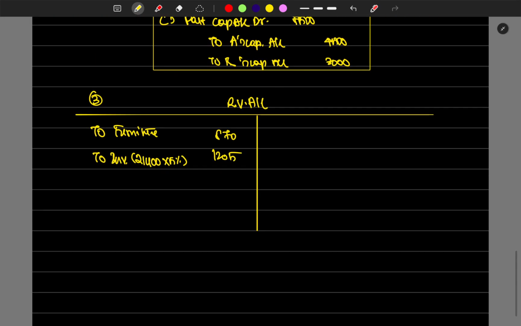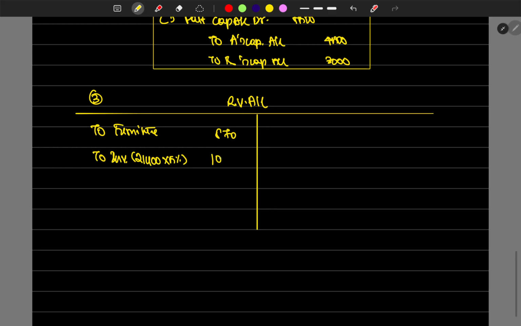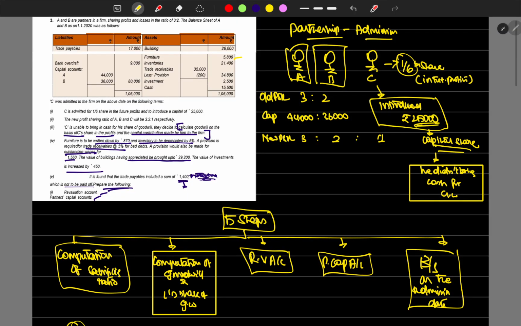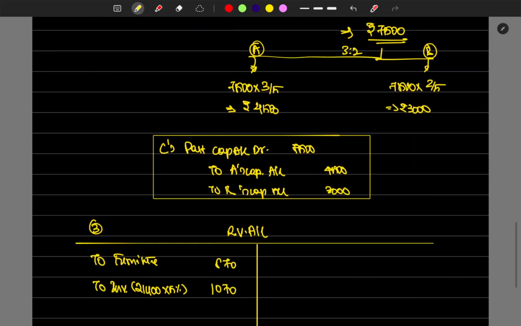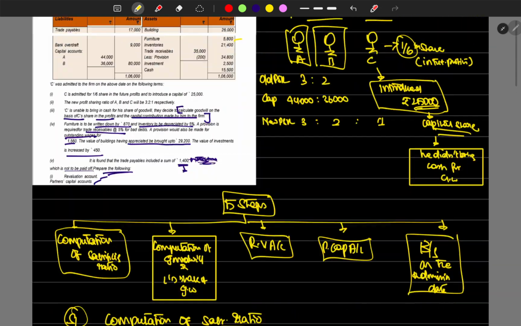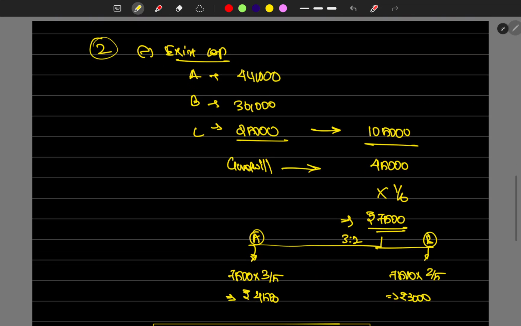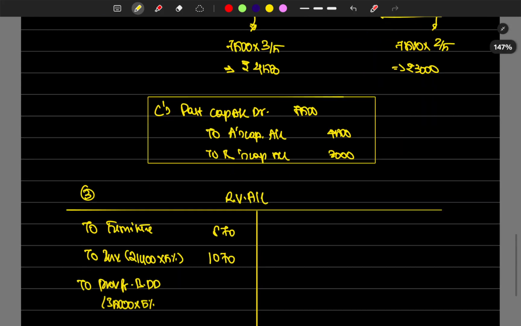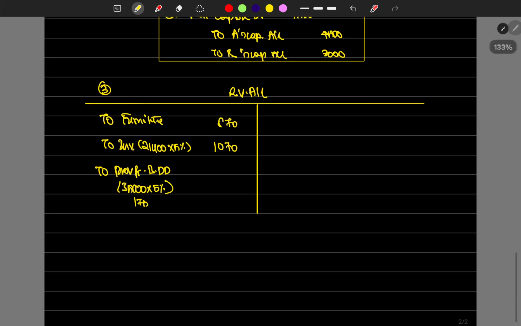Wait, 21,400 into 5% is 1,070, not 1,205. Okay, 1,070. Okay, what else? Inventory done. Provision is required for trade receivables, 5%. Okay, 35,000 is the trade receivables. To provision for bad and doubtful debts, 35,000 into 5 percentage. 35,000 into 5 percentage is 1,750 minus 200 already provided there, so 1,550, right? Any other